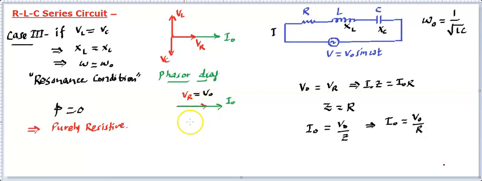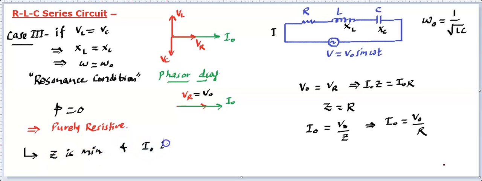Now in an RLC circuit, generally Z, you remember that we have calculated, is under root R square plus XL minus XC square. Now in this particular case, the case of resonance, this became 0. So you can say that this Z is minimum. So you will find impedance is minimum in an RLC circuit in case of resonance condition. And if Z is minimum, it is equal to R, so current is going to be maximum. So in this particular situation, impedance is minimum, and further we can say current is maximum.